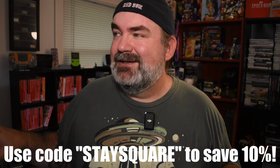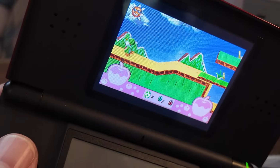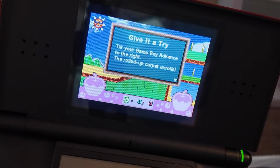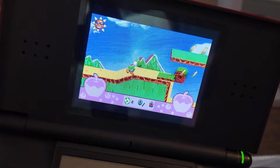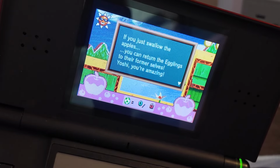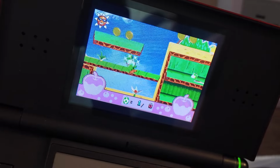I love the green, and I think we need to talk about someone green right now on the GBA. Let's take a look at Yoshi Topsy Turvy. Now, I've said it before on the channel, and I will say it again. I love games with a gimmick. I love a gimmick on a game. I think it's fantastic. And Yoshi Topsy Turvy makes use of an accelerometer in the cartridge,